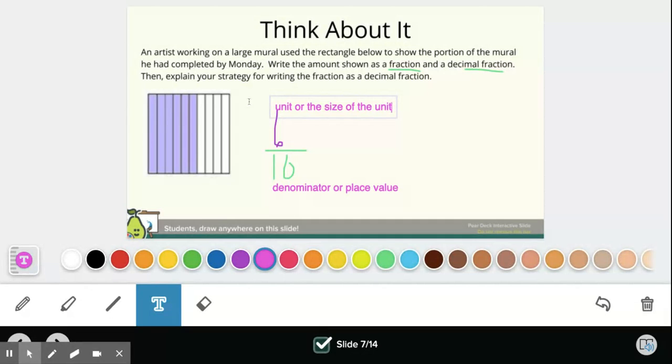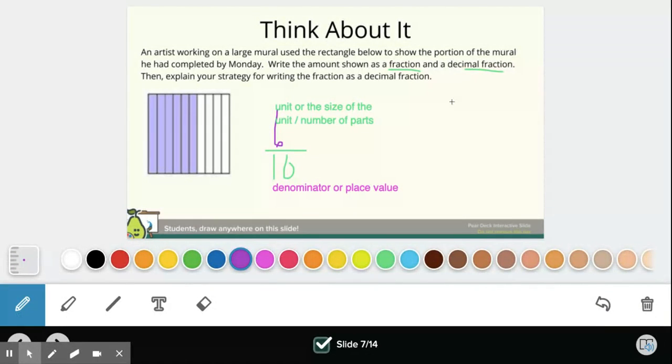Okay, and then this also means the number of parts that are being described here. So when we're looking at this whole right here, there are 10 parts, but 6 of them are being described. Six of the parts are shaded in. All right, so now we're ready to go ahead and turn this into a decimal that is going to be